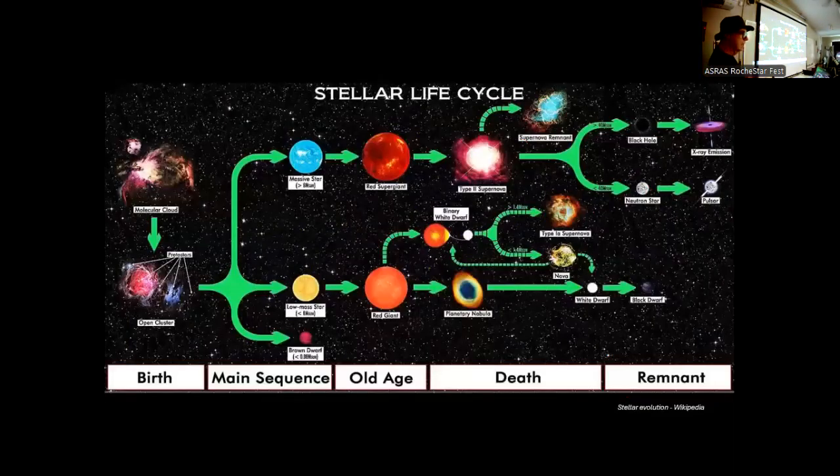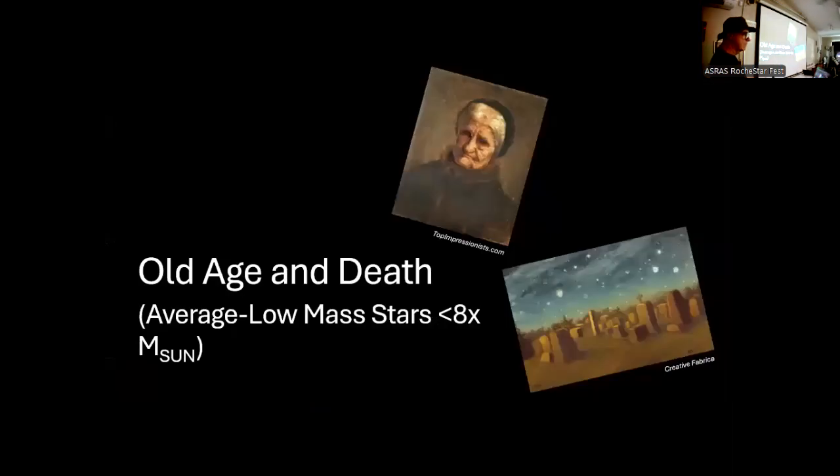All right, so now in this stellar life cycle view, we've addressed the main sequence, and we understand what these stars are. We've talked about brown dwarfs. Now we're going to talk about this line here. What happens to low mass stars? Low mass is defined as less than 8 times the mass of the sun. So the sun is a very low mass star because it could be 8 times bigger and still be classified as a low mass star.